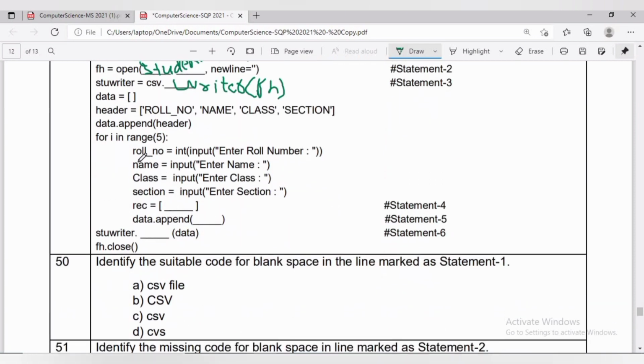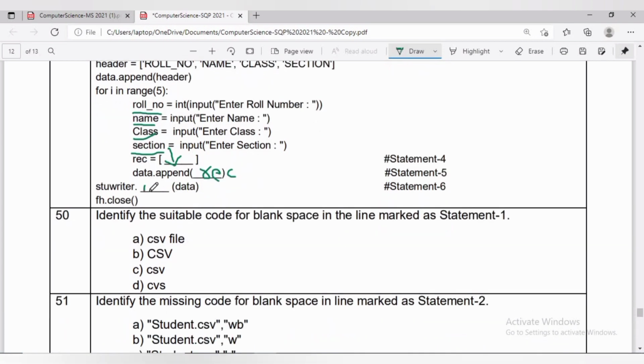Data is an empty list. Header is equal to roll number, name, class, section. data.append(header) will append roll number, name, class, section as an item in the list. To insert 5 data rows in the CSV file, we are looping 5 times and we are simply writing roll number, name, class, section.